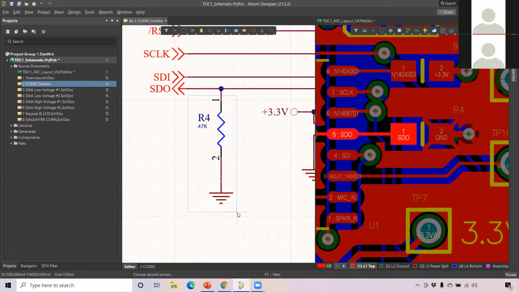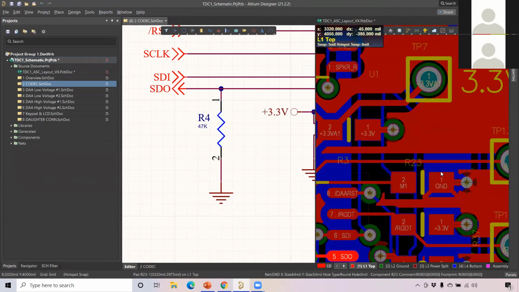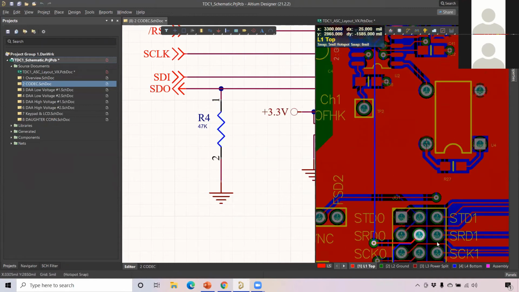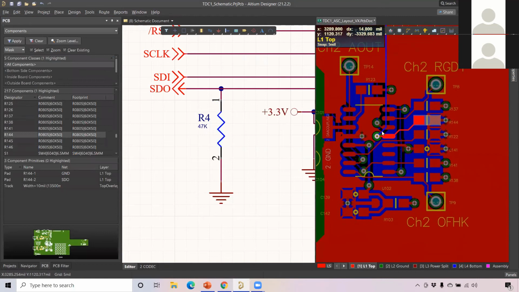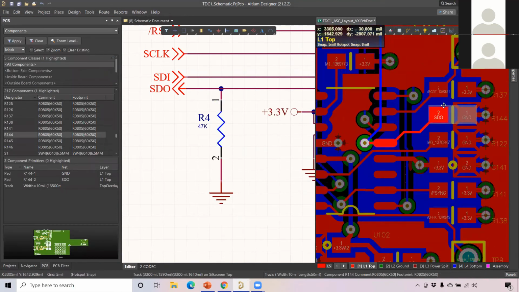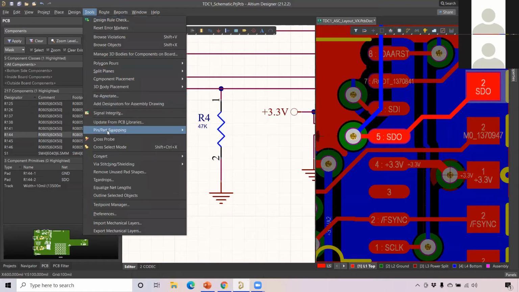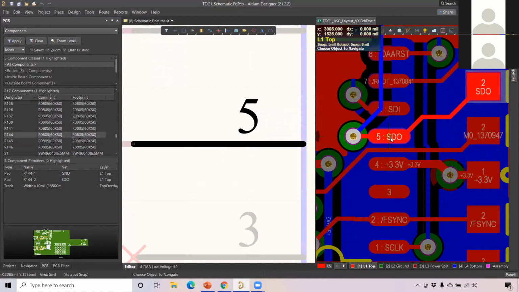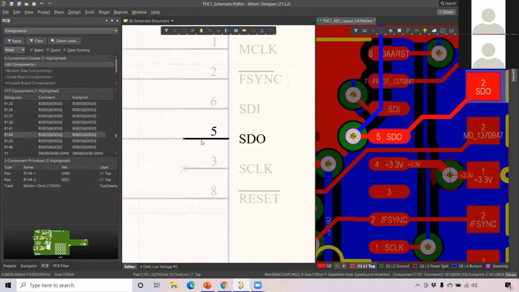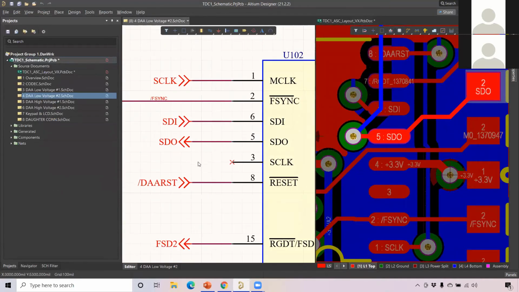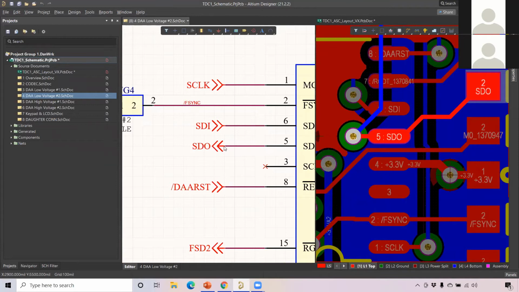So I just select this resistor R4 and ground, and copy it. Then I scroll down. I feel there is no resistor properly placed in the schematic, because it says there is no R144 inside the schematic. So let me go to this SD0 to do the cross probing here. Tools, cross probe. Then I right click and come out of it. You can see it is connected to SD0, but there is no resistor R144.